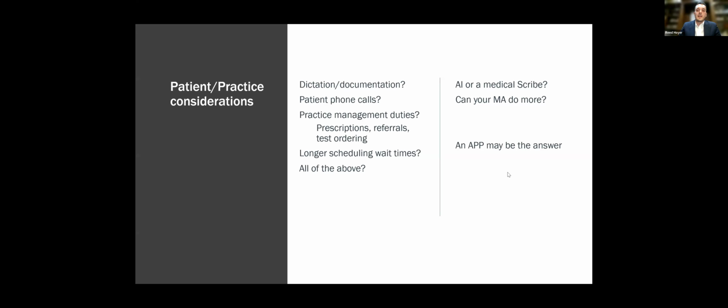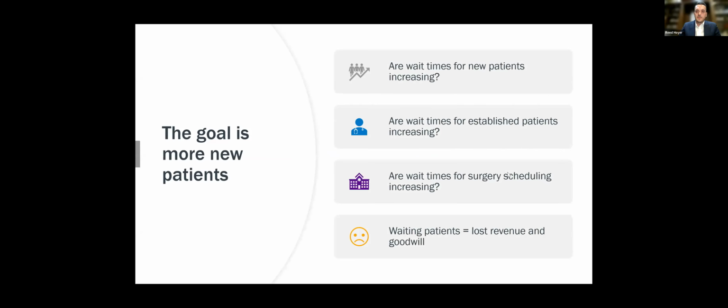So understanding what's making you busy, I think, is important before you answer this question. One of the practice goals should be seeing more new patients, as new patient volume really is highly correlated with revenue and surgical volume. In fact, one of the statistics that we used to track was revenue per new patient, and this was simply the total revenue of the practice divided by total new patients, and each new patient on average provided that much revenue to the practice. So you should be asking yourselves these questions.